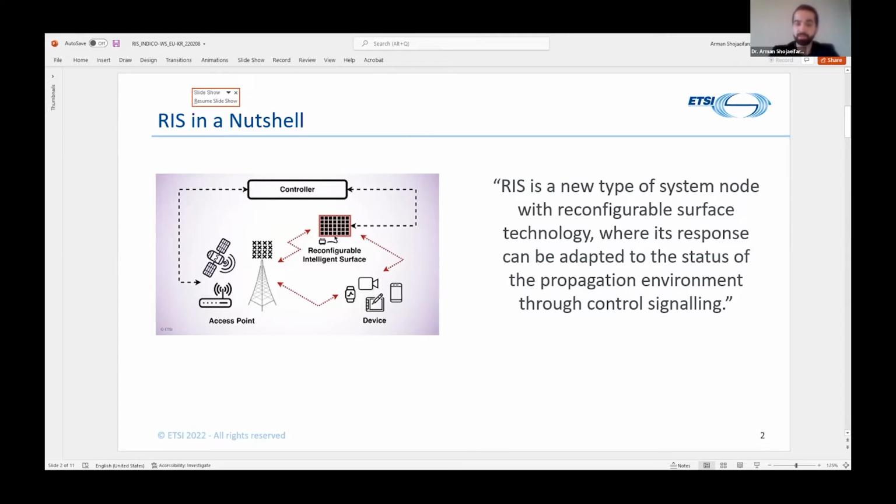And this is to then control how the signals impinging on the surface are impacted in the electromagnetic domain, so what we call layer 0.